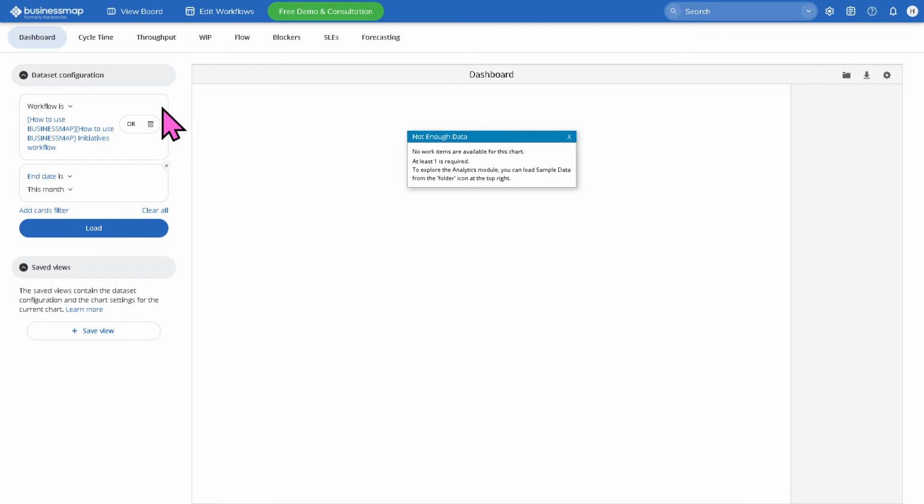So for the dataset configuration, you can create a new information from scratch. You have the drop-down menu, workflow is and workflow is not. Plus the add card filter if you want to load that as well. You would have to get all these. Now, as you may notice, you have the dashboard, cycle time, throughput, WIP, flow, blockers, SLEs, and